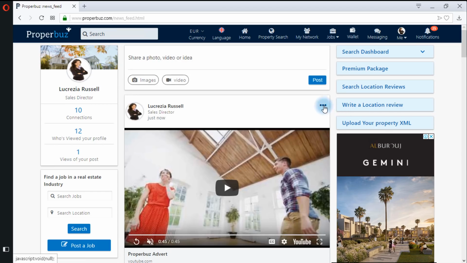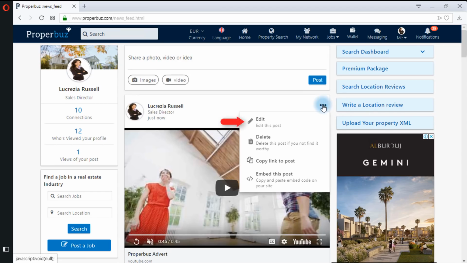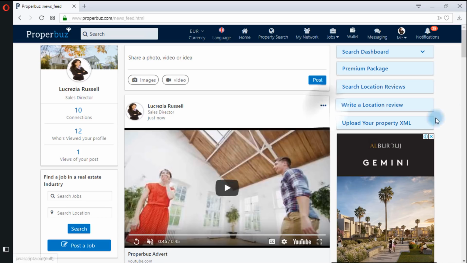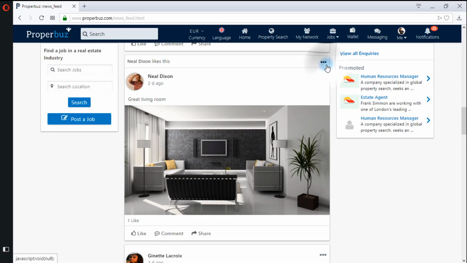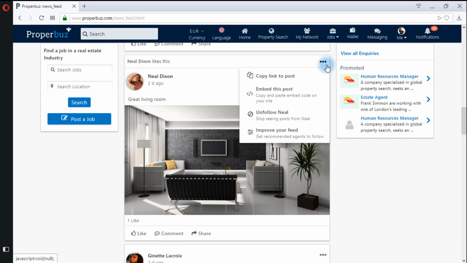From these three dots, you will see the option to edit your post, delete, copy link to post, and embed post on your website. When you click on these three dots on someone else's post, then you will see the